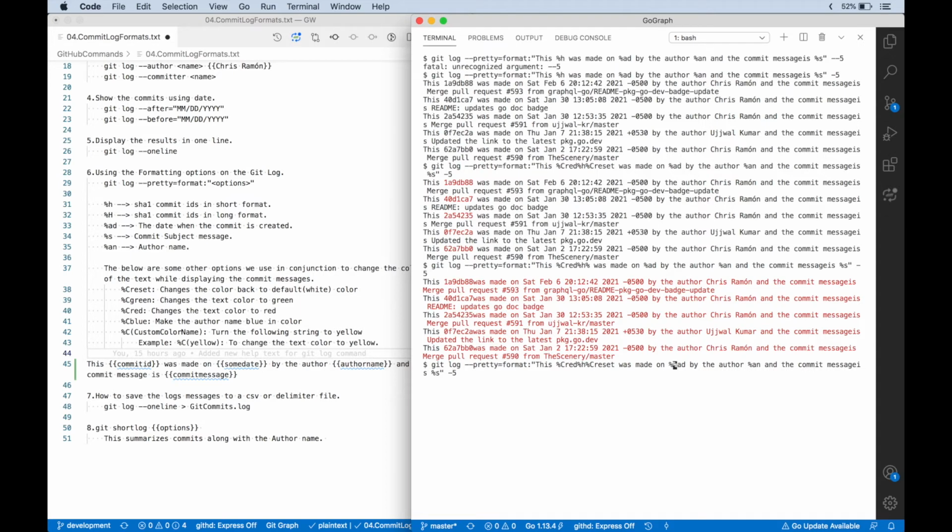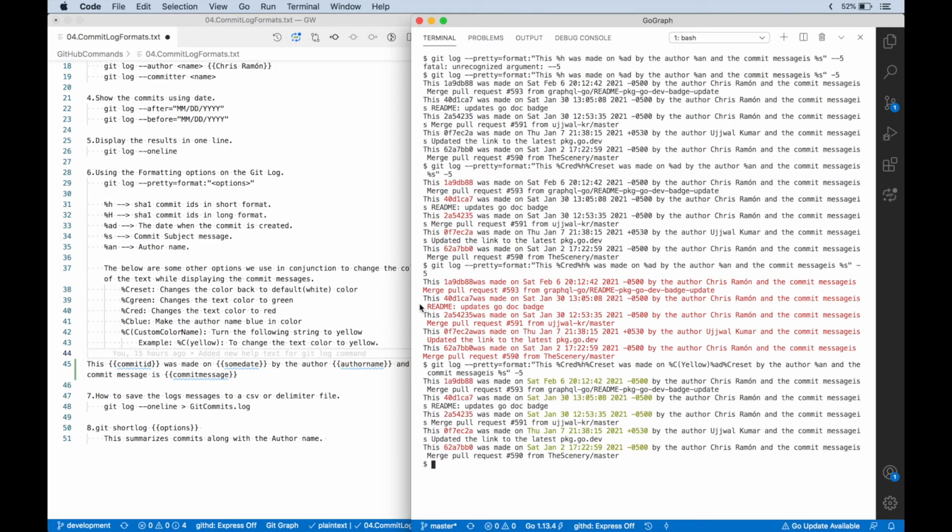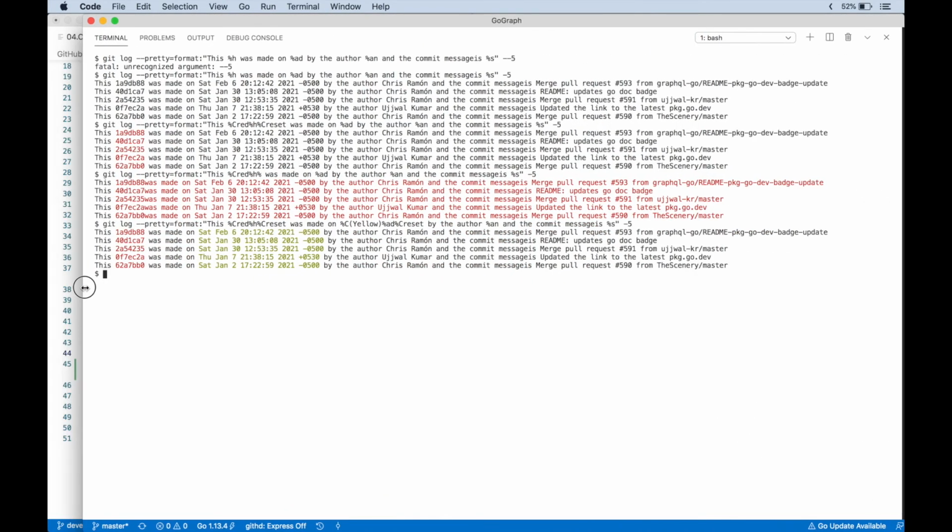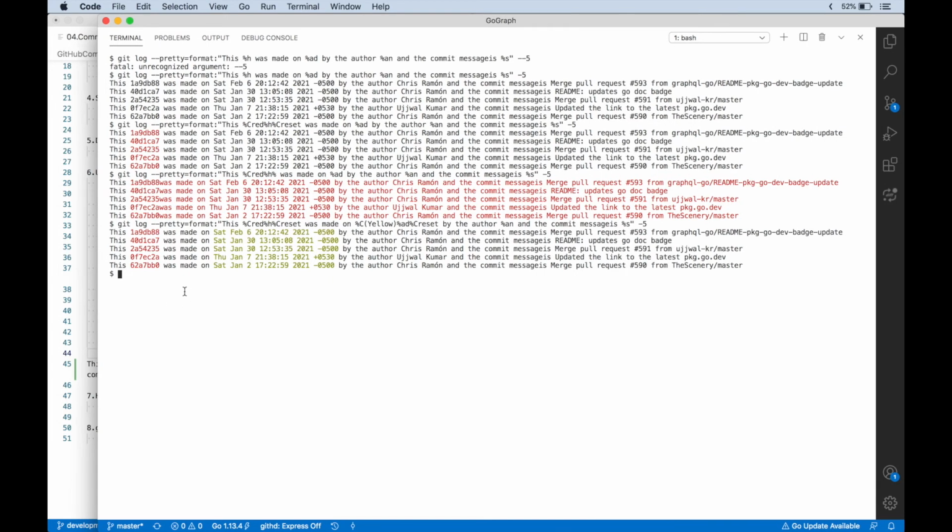So what we have to do is percentile C, and you specify the color name in the parentheses. Then you reset the color with C RESET. So this is how we reset the color. I think depending upon the screen, you are not seeing the exact format.